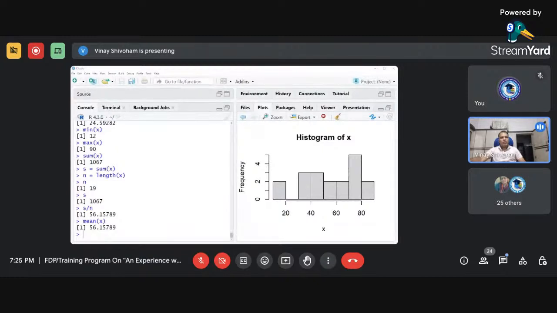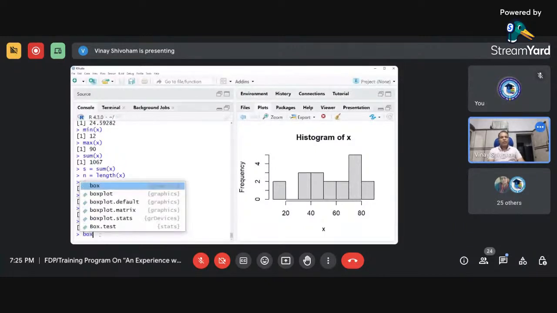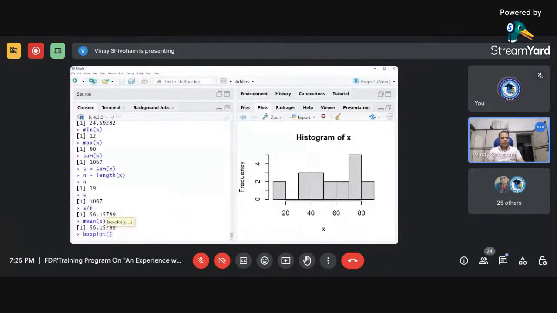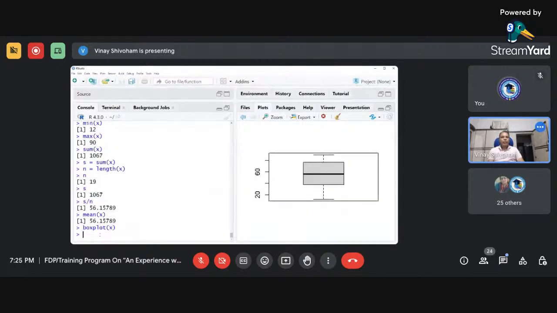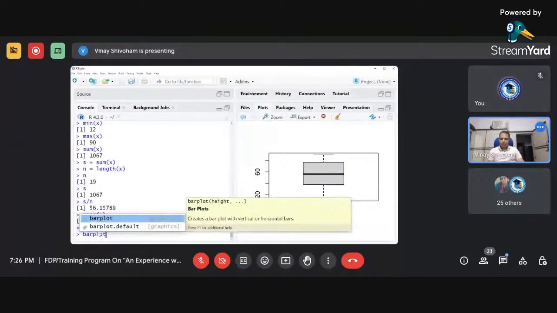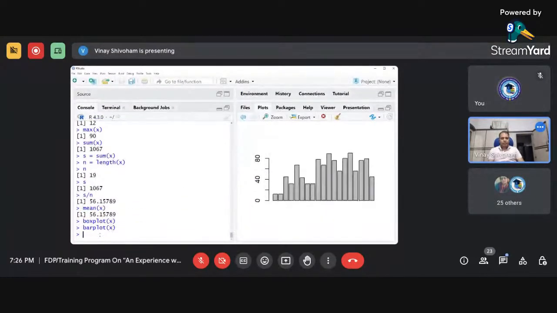Let me show you. Suppose we want to create the bar chart. First, I will use box plot to show you all the quartiles. These quantiles means quartiles of the X. Here you can see it is showing me the box plot of that. I'm using bar plot to create a bar chart of X. I can also use pie chart of the X,